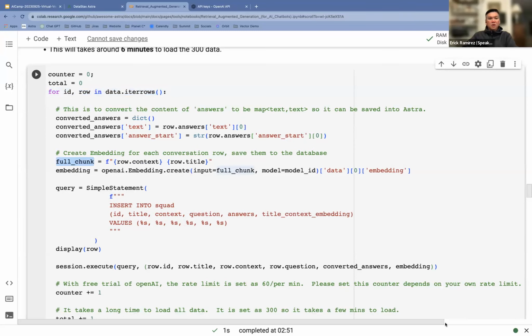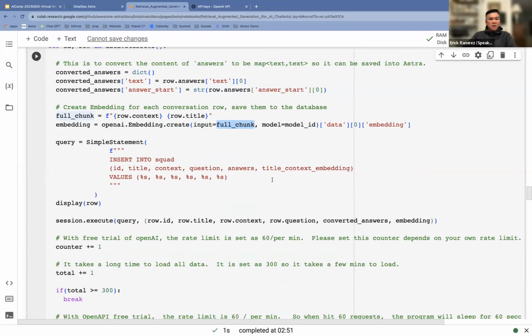The chunks that we're going to feed into the model are a combination of the context and the title in the table. We're going to use this API call to OpenAI to generate the embeddings on that chunk, and we're going to store it in the database. So once we've created an embedding for the context and title, we're going to insert it into the database.